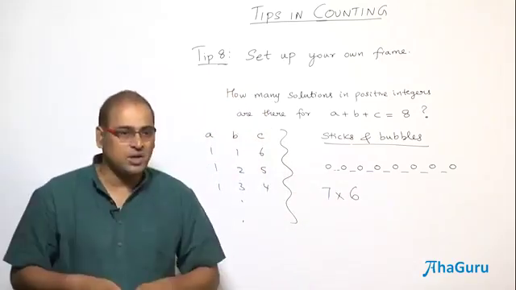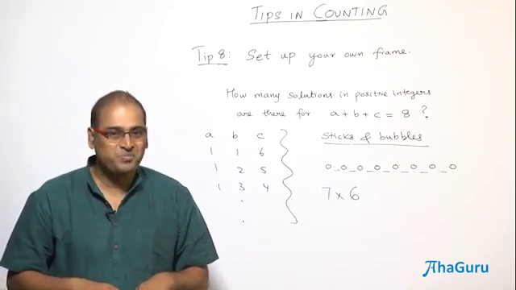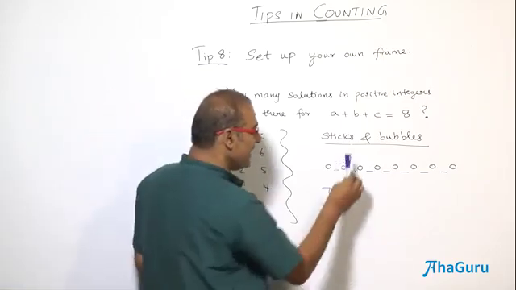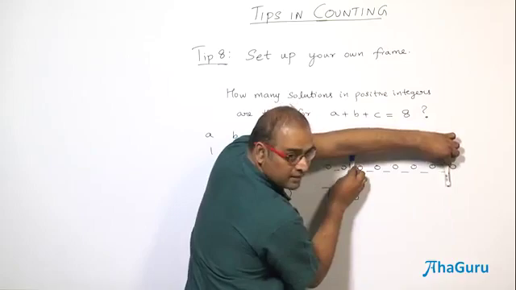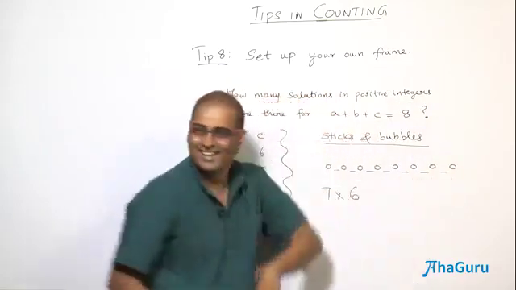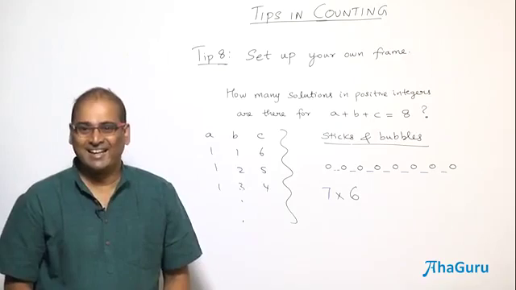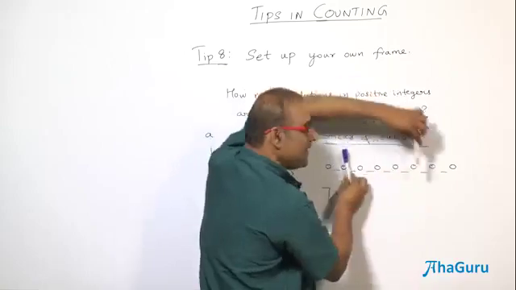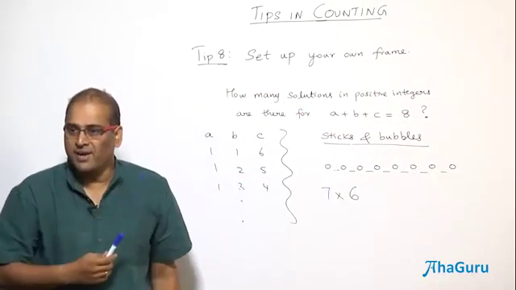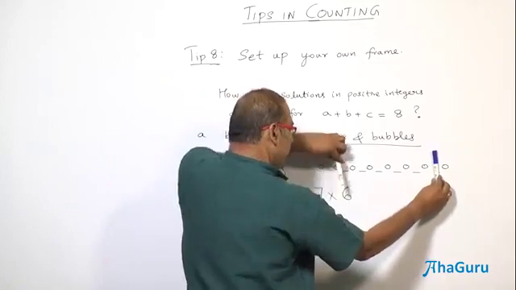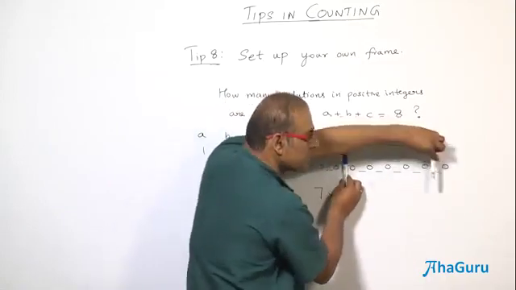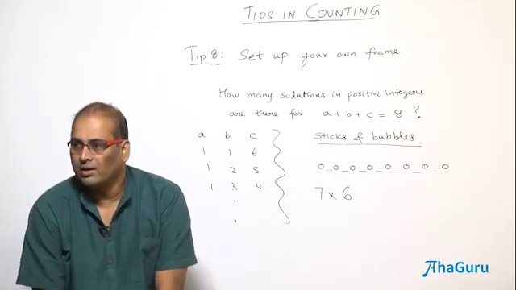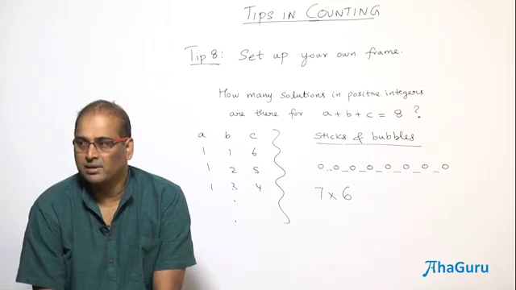Am I carrying extra counts? Yes. I'll tell you why. Why the extra count? The blue and black, you can interchange, no? But you could have counted it differently. So blue placed here and black placed here is counted as 1. This one is counted separately, but both give you the same partition. Are you able to understand or not? Yes or no? Can you imagine? So you got 42, right?